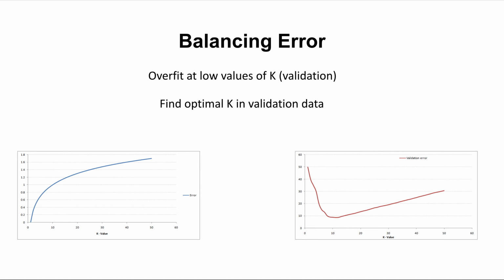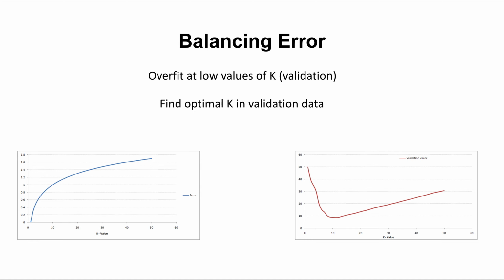Let me re-explain. So the idea of picking our k is all about balancing error, right? So we test different values of k using trial and error, right? We pick different values of k. We want to see how it works. And then the idea is that we can look at both our training error, or our error rate, and our validation error. So let's look at both of them. So here's the graph for as k increases, how error and validation error increase, or decrease. And as you can see, at low values of k on our validation graph, you see that we're overfitting. In other words, our validation error is really big, because that's